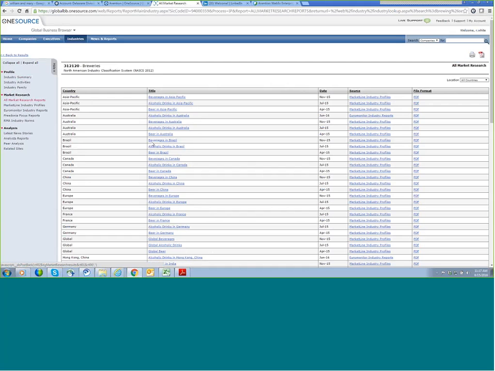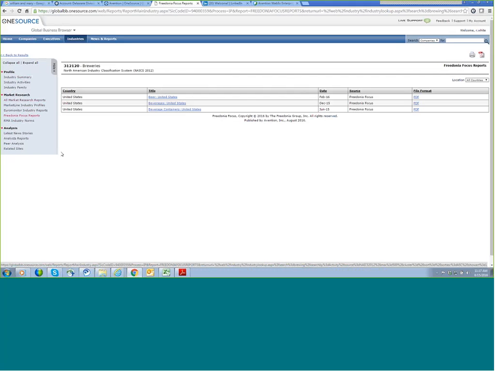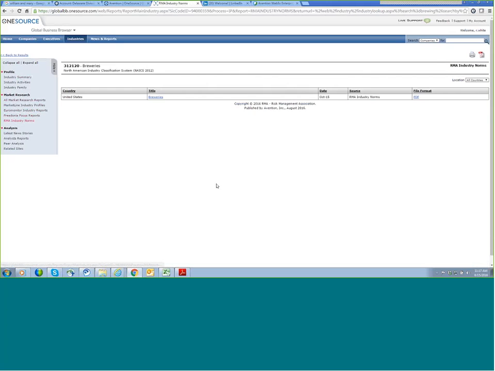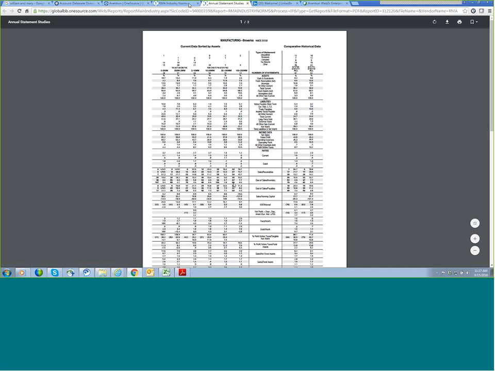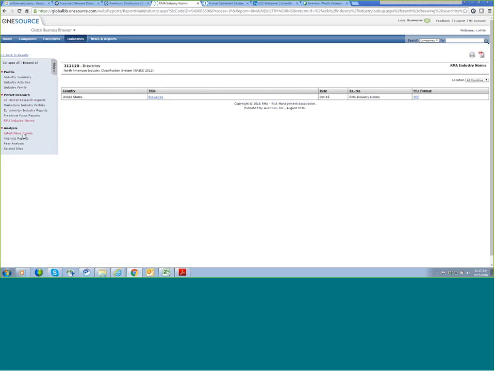It's easier to find by country, or by title, or by date, and you can just narrow these down to either Market Line, Euromonitor, or Freedonia, and then the RMAs, those industry norms, are associated here as well. Also, the latest news stories, analyst reports specific to this industry, and then some other ways to work with the data. The peer analysis just lets you bring in similar companies and do comparisons to them,